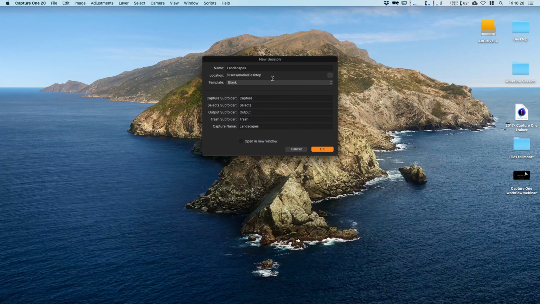So I'm going to import some landscapes. What I normally do is, well, actually the date would go at the beginning, and I name my project just like this. So, date inverted, today is the 10th, and I'm recording this webinar. And then the name of the session itself. I would normally name it as the place where the pictures were taken, or the name of the project, something like that. I'm going to keep it today on my desktop,